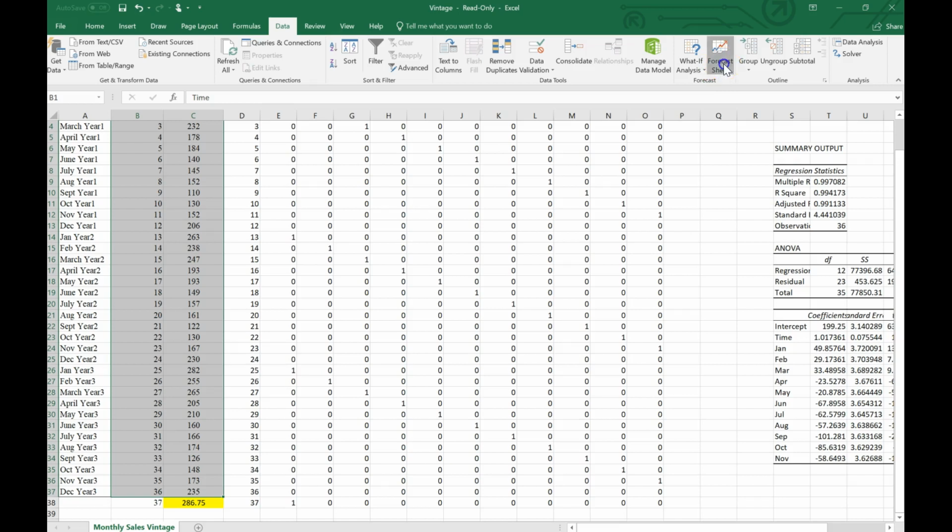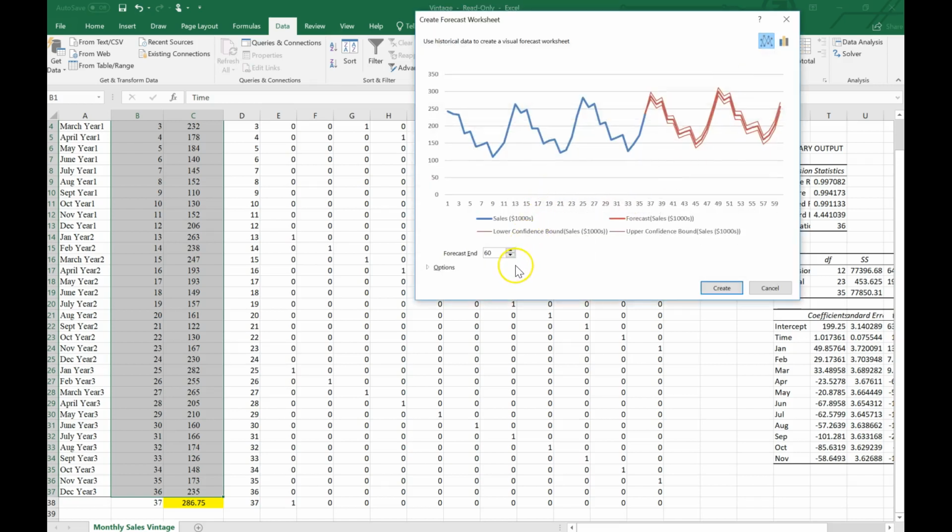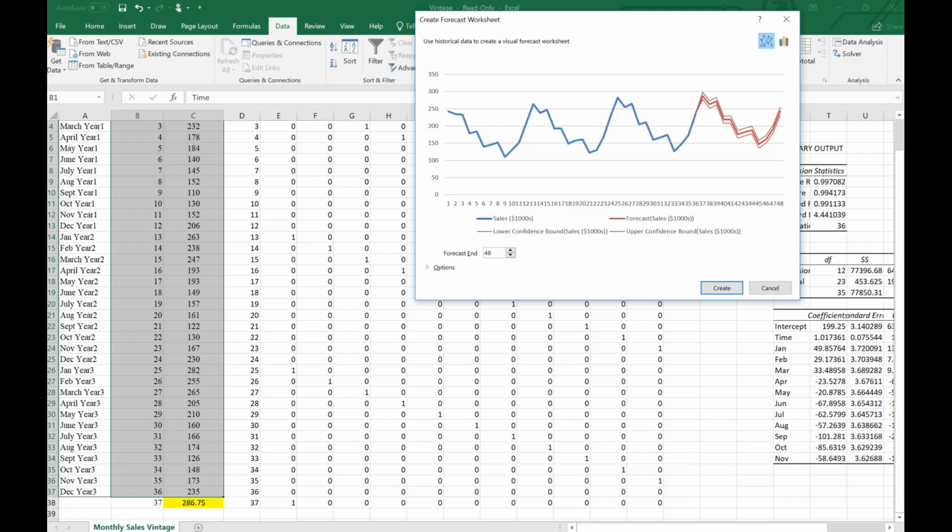It's going to ask me, wow, look at that. This forecasted it so well in here, and then we're going to add 12 because we just want to do the 4th year. So 36 plus 12 is our 48 in there, and I'm going to do a create,